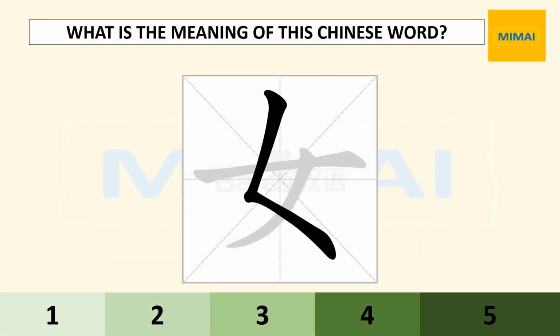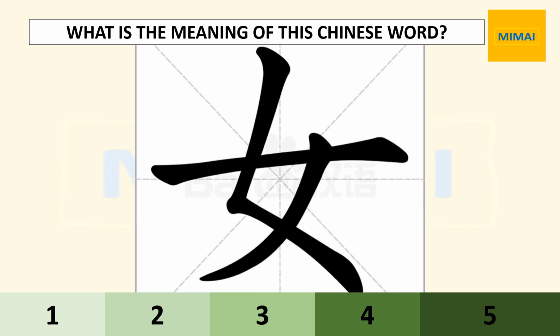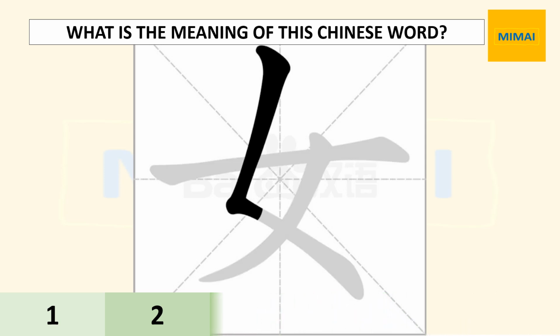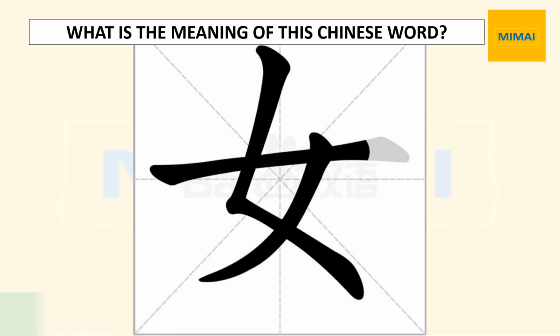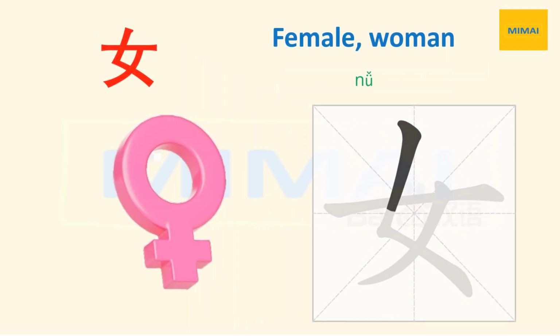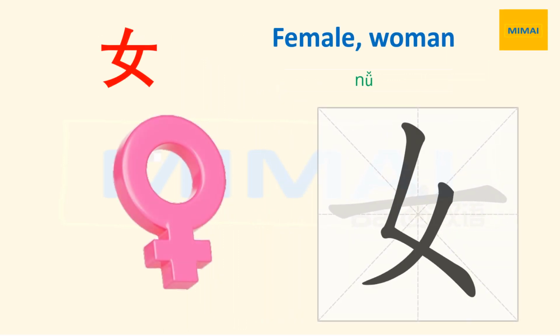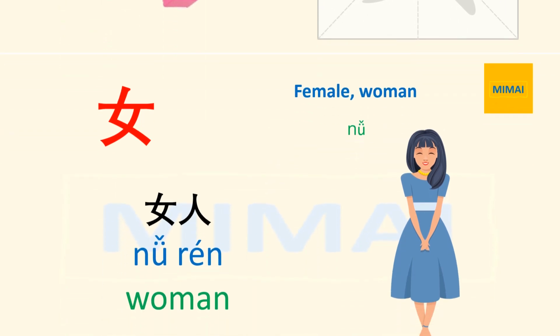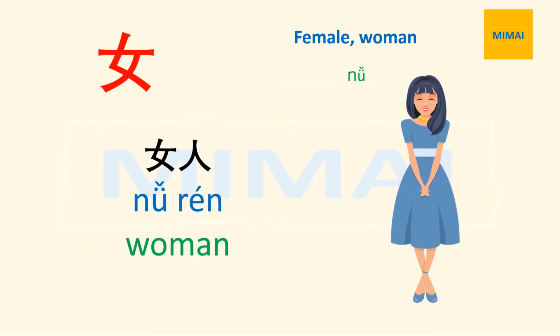What is the meaning of this Chinese word? 女. Female. 女 Female. 女 Female. Here is an example for this word. 女人